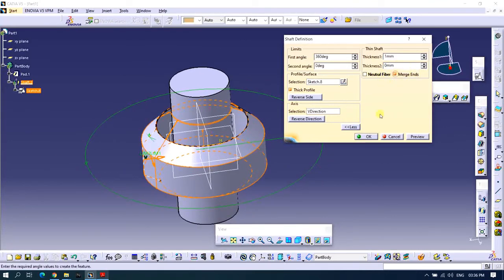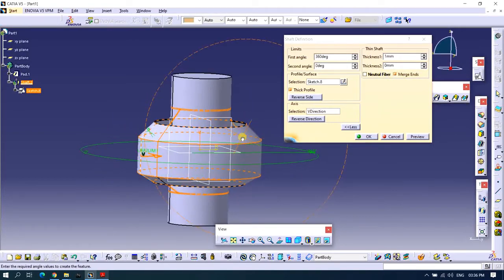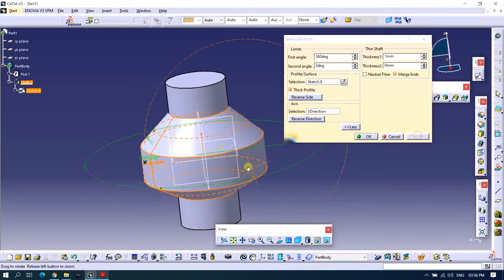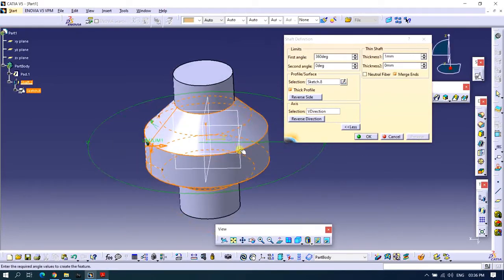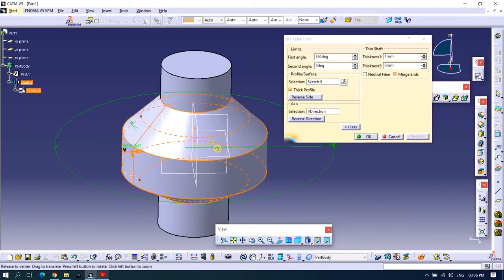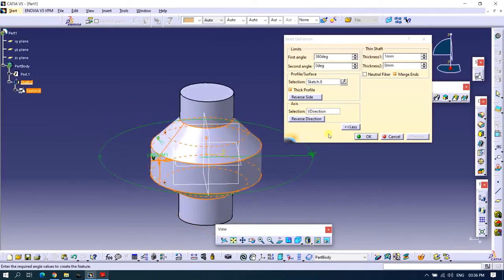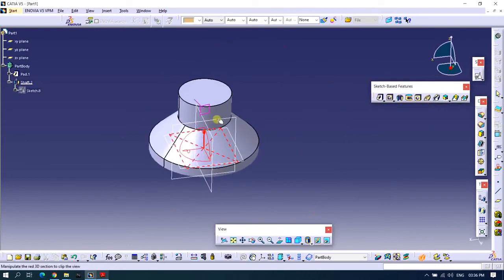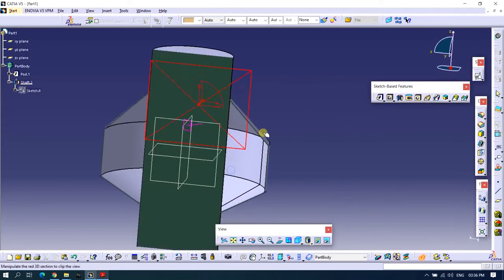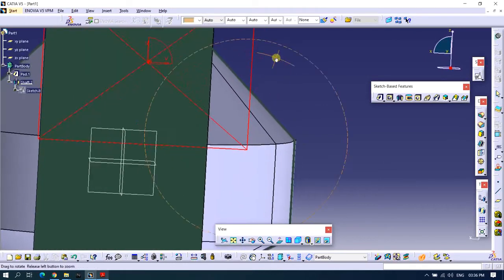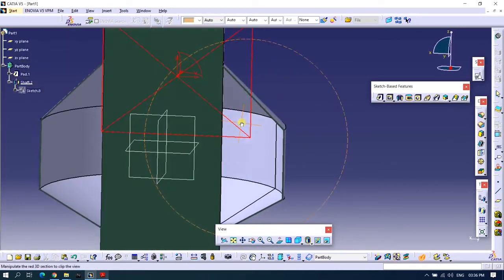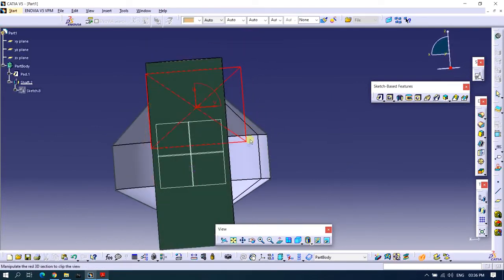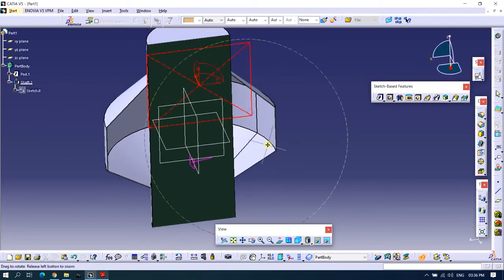So when we on this option, you can see here it has already shown us a preview. I will click on the preview. You can see here we got extended ends up to the inner cylinder. I will show you the cross section. You can see here the profile got thickened and it got extended up to the inner cylinder. You can also use this tool in this way.